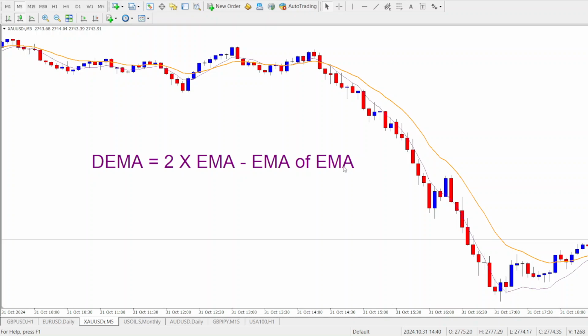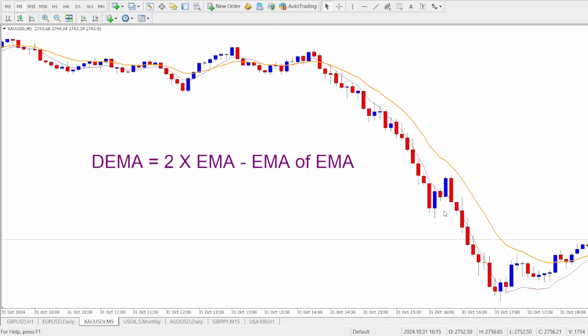Now, you might be wondering why DEMA instead of the regular EMA or SMA. It's all about responsiveness. The SMA, for instance, is great for long-term trends, but can be slow, often leaving you behind when price changes sharply. The EMA is faster but can still lag when volatility is high. So the DEMA has a faster reaction time, which means it captures price changes more quickly, giving you an edge in timing your trades. Okay, this responsiveness makes DEMA a great choice for those who want to capitalize on quick price moves